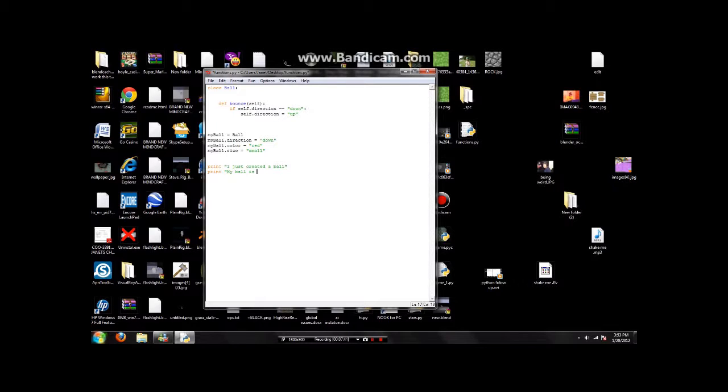Well, no, my ball is this, and then that, and then it's going to give it the instance. My ball is my ball's dot size. Then the same thing down here, my ball is,